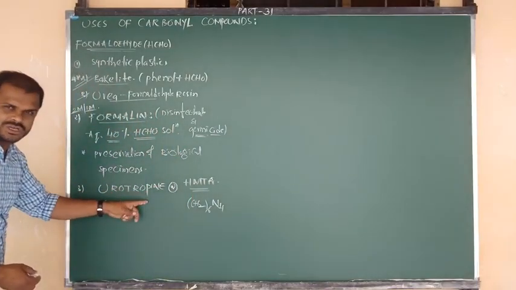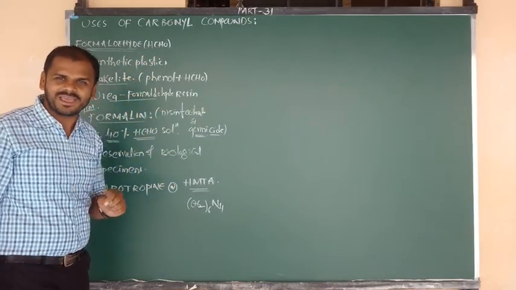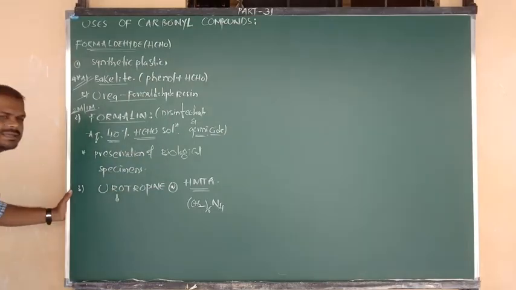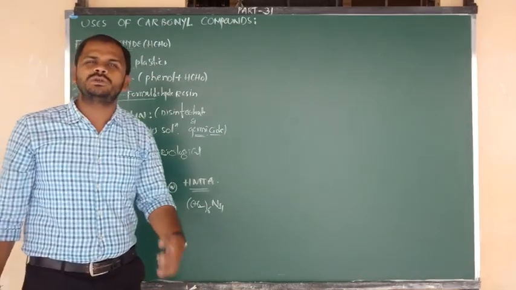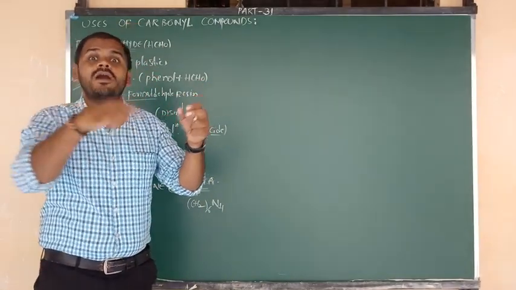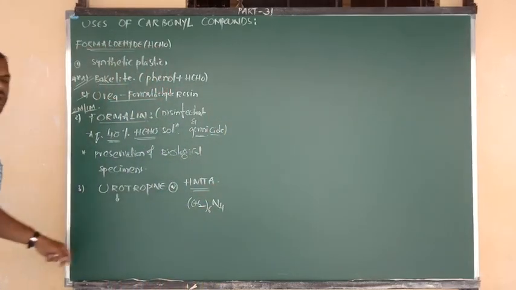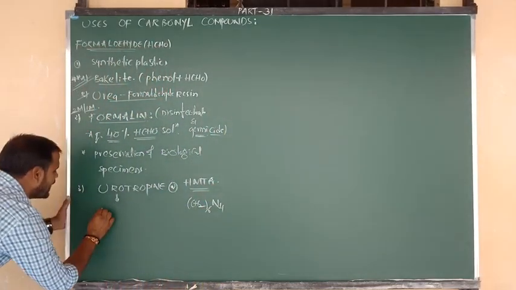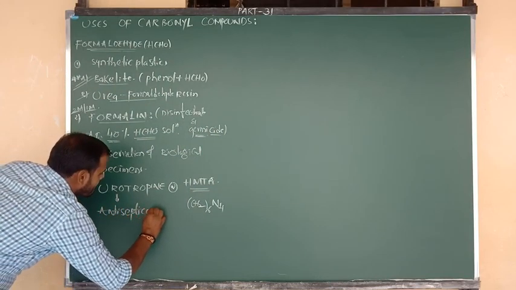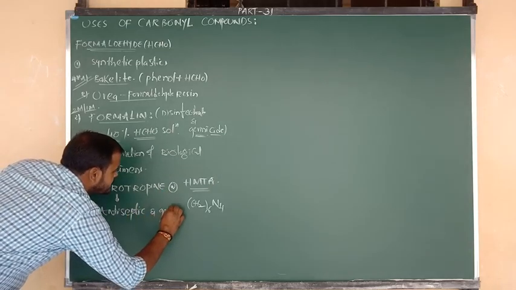It can be manufactured by the reaction of formaldehyde with ammonia. Right. So what is the use of urotropine? It is a medicinal substance. It can be used for the treatment of urinary infections. So for treating urinary tract infections we can take the help of urotropine, because it has an antiseptic nature,